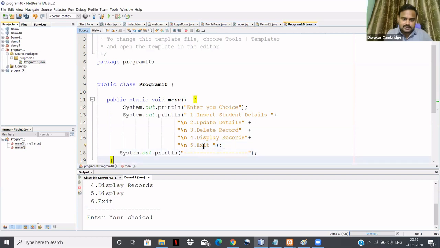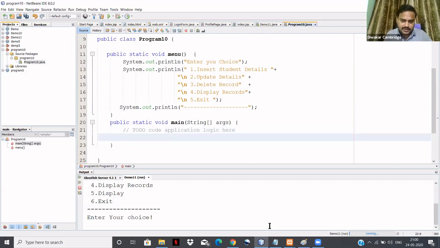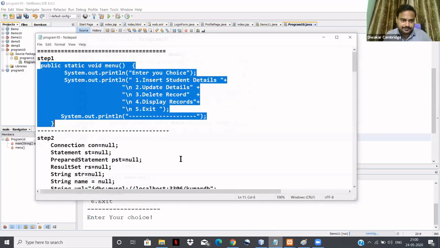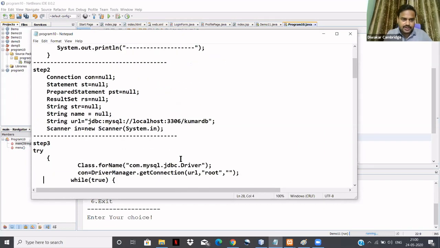This is a function I created. Inside the main, I'll use all these interfaces.